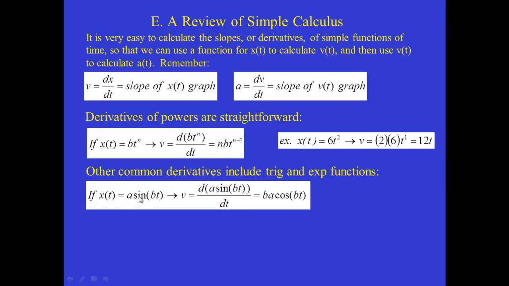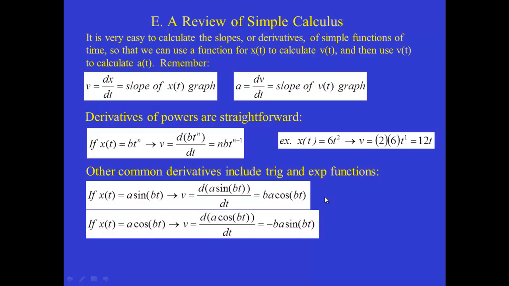So we start with a sine of bt. Well, the b comes out in front as a multiplier. The a is already there, and sine becomes cosine. The argument stays the same. All right, so that's the rule. I can show you where it comes from sometime. You'll undoubtedly learn how to derive something like this to see where it comes from in your math course, but